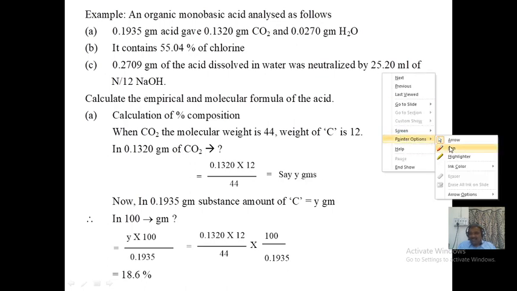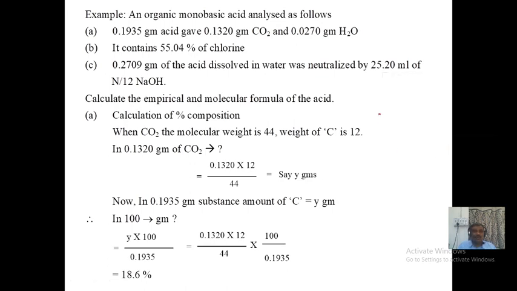Okay, see, this is a 2 or 3 step numerical, friend. 2 or 3 different laboratories have given the analysis report, and based on this analysis report we will find the molecular formula, friend. Okay, an organic monobasic acid analyzed by 3 different labs, for example. This is lab 1. Report says that this monobasic acid, which you have taken for calculation of molecular weight,